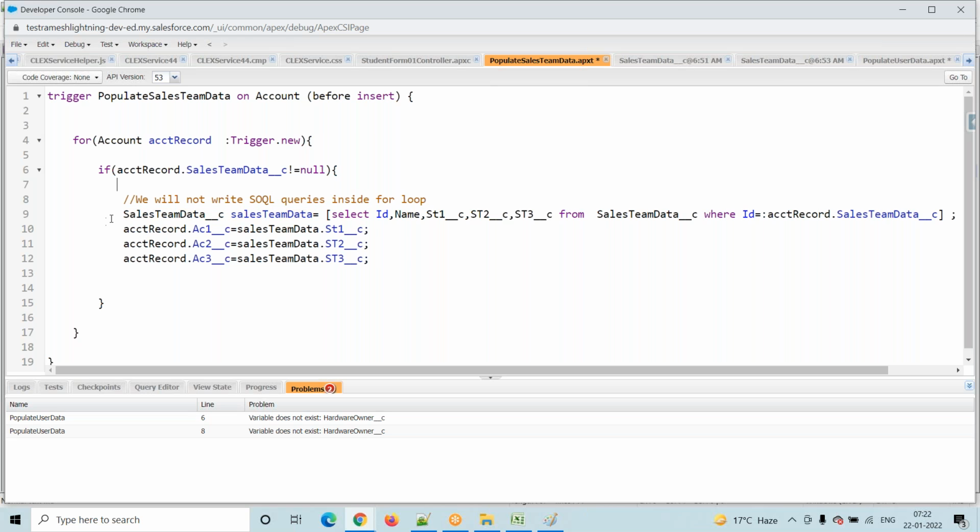And there is some issue, which I will explain when we discuss the set, list and map. Another issue is that the trigger will not work properly, it will not assign the data properly. That we will discuss in the next session. So just remember, whenever we are writing a trigger, our trigger should support the bulkifying concept. Bulkifying is nothing but whenever we are inserting multiple records at a time, our trigger should support it. How it will support is that we have to write set, list and map. Set, list and map we have to use in our trigger, and this is